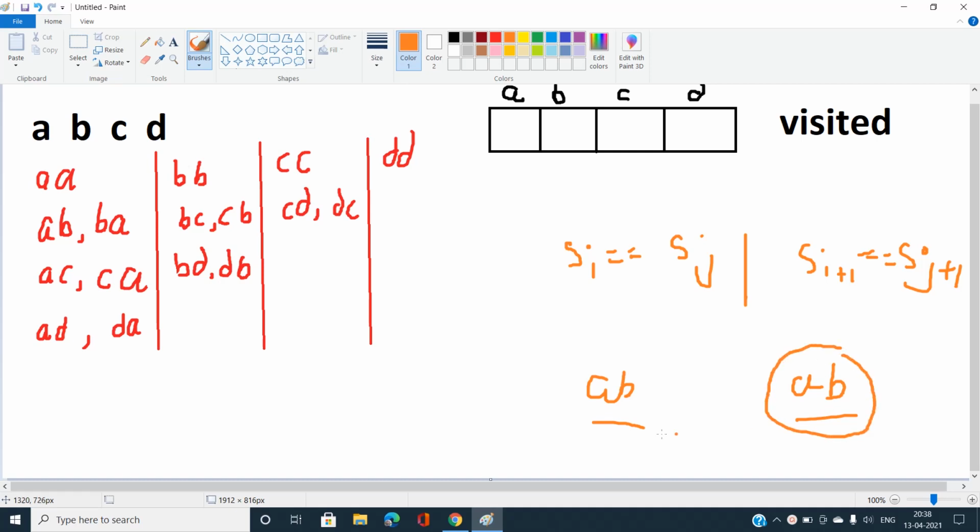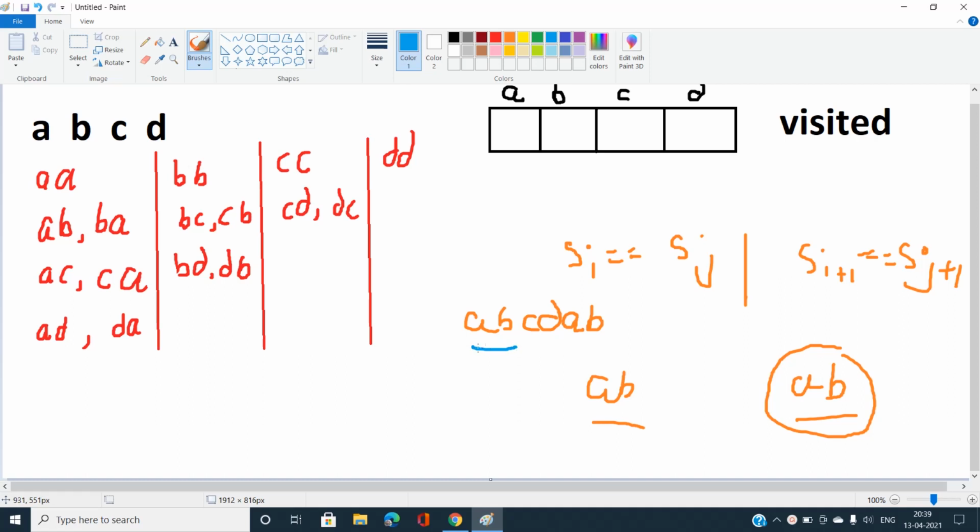Also, you can consider the string A, B, C, D. If you have the string ABCDA, and again I make a B, then you can easily say that yes, I have S of i and S of j like this.